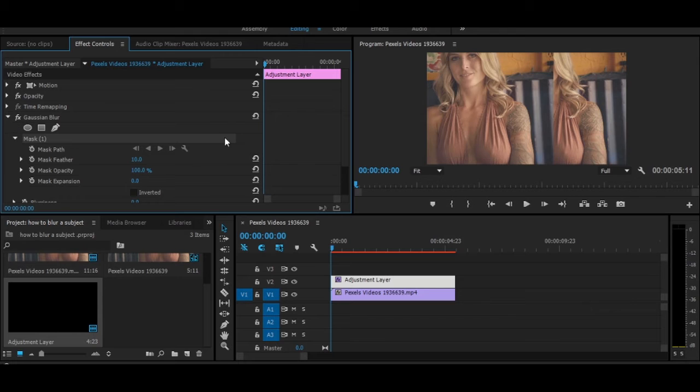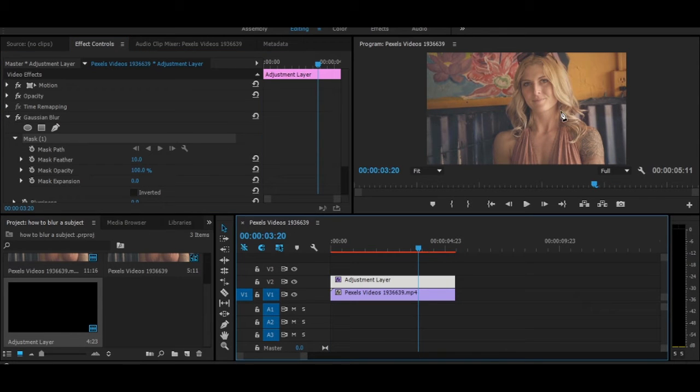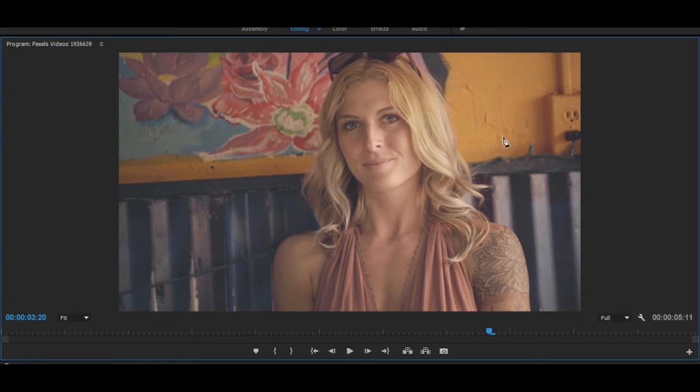After that I will go to the frame where I can see her full face, and I will draw a mask. If you put a click, this is a point. When you put another click, it is just a straight line. But the face is curvy or flexible. So we will press Ctrl Z, click over here, and don't leave it. Just hold it and drag it like this. When you drag like this, you can create flexible shapes, a bezier. So like this I will be doing. I will just draw some shapes.